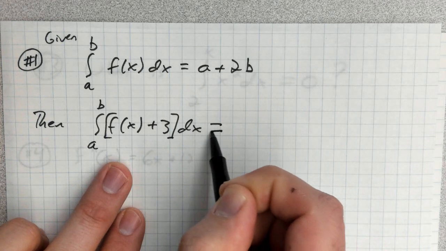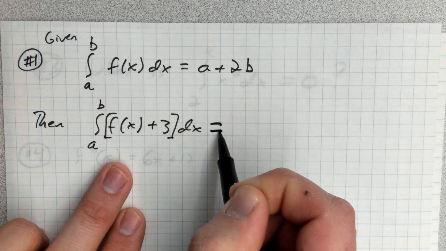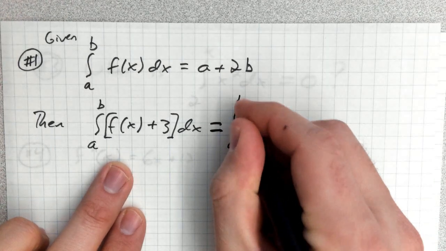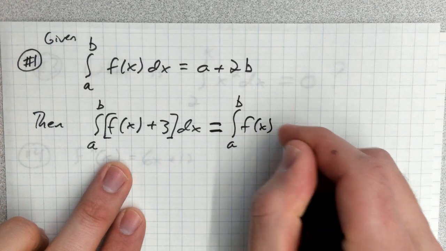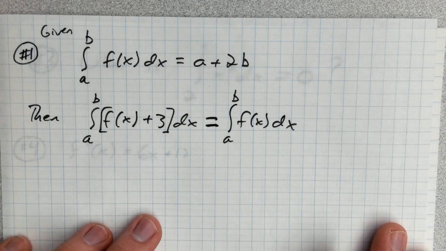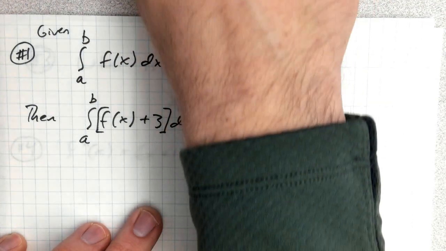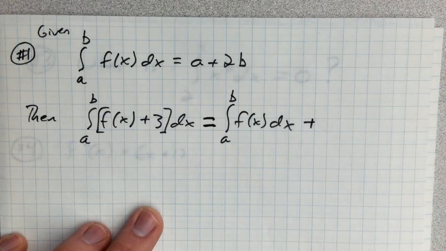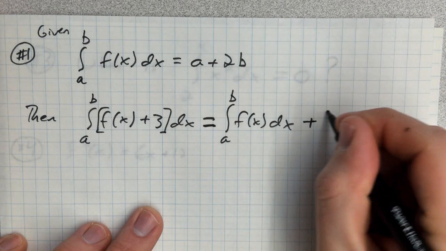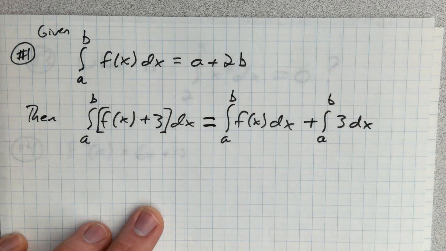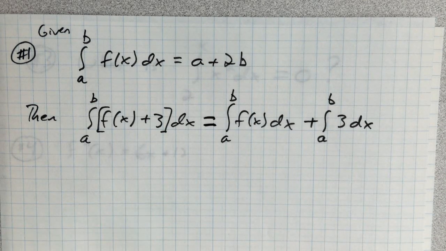So what you kind of need to do, or at least to show this out explicitly, I think it's easiest if you use the sum property and rewrite this as the integral of f of x dx plus the integral from a to b of 3 dx. Okay? And so this is a great example of the AP trying to test whether you can apply the sum property,